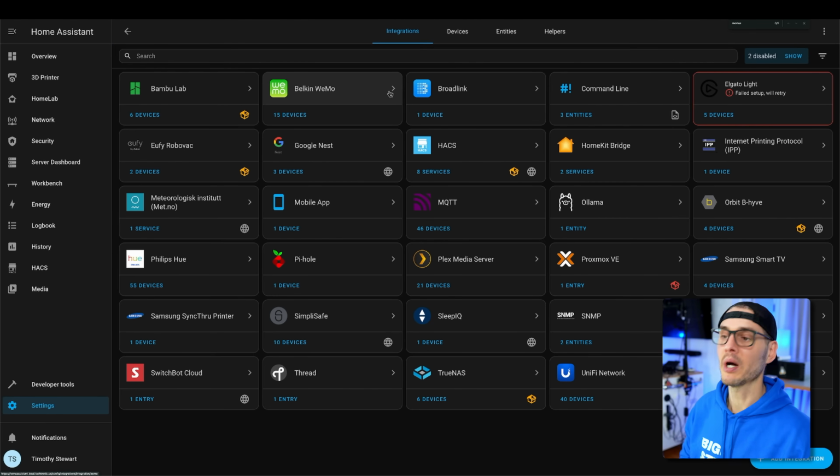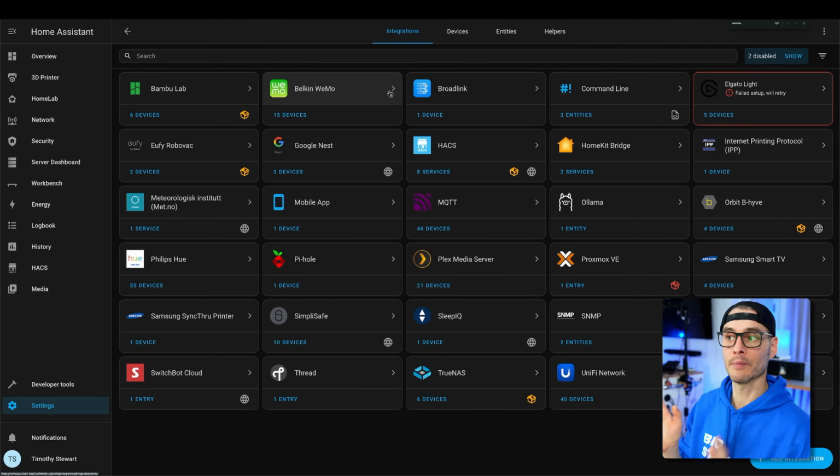Well, my wife and I use HomeKit, and it's nice to have the Home app on Apple or tell Siri to do stuff. And the way that I do that is connect all of the devices to Home Assistant first, and then expose them to HomeKit with HomeKit Bridge. And so all of the non-certified devices, I can get into here and expose them as certified devices. So that gives us some more automation, like with Apple TVs or Siri and stuff like that. But for the most part, I try to get everything in Home Assistant first.